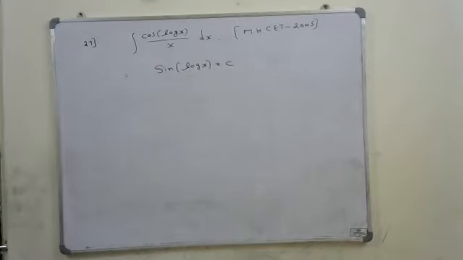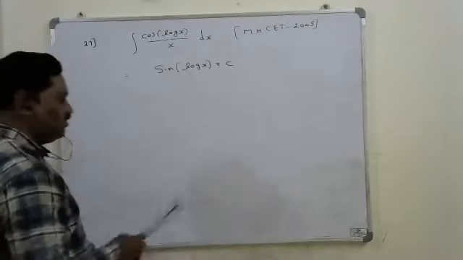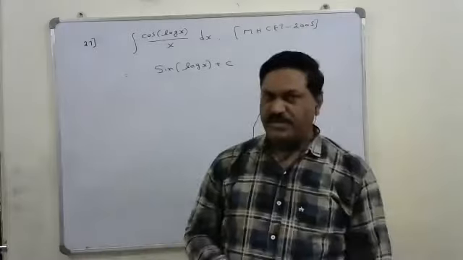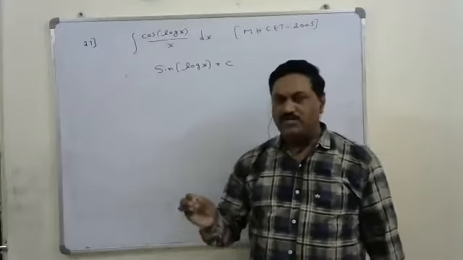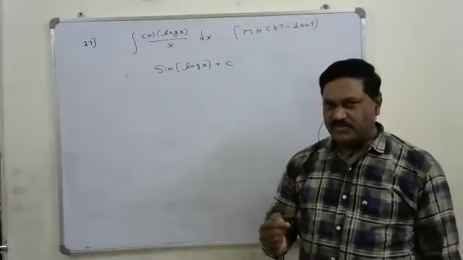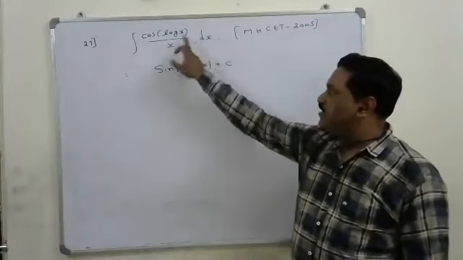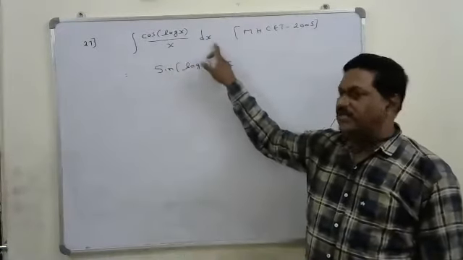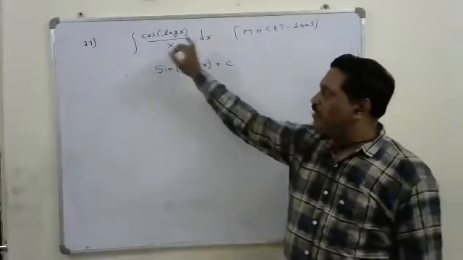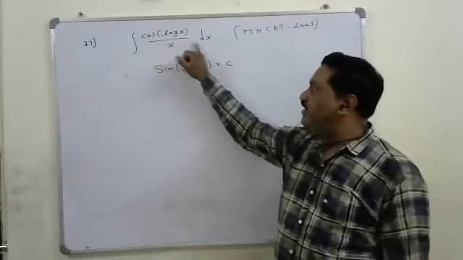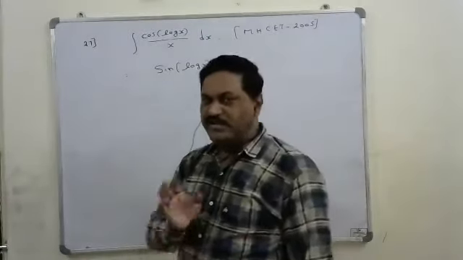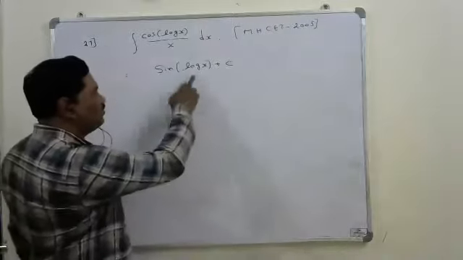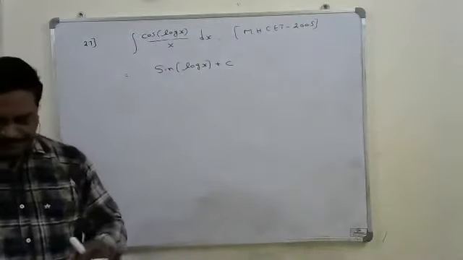This is a very simple question. Inside the cos there is a log x, right? So take that log x, consider it as t. If you take log x equal to t, the derivative of log x is 1 by x dx, which is equal to dt. Exactly that is there here, 1 by x dx, which is dt. Therefore, the problem is integral cos t dt. You know the formula for integral cos t, which is sin t, where t we have taken as log x. That's sine of log x. That's the answer.